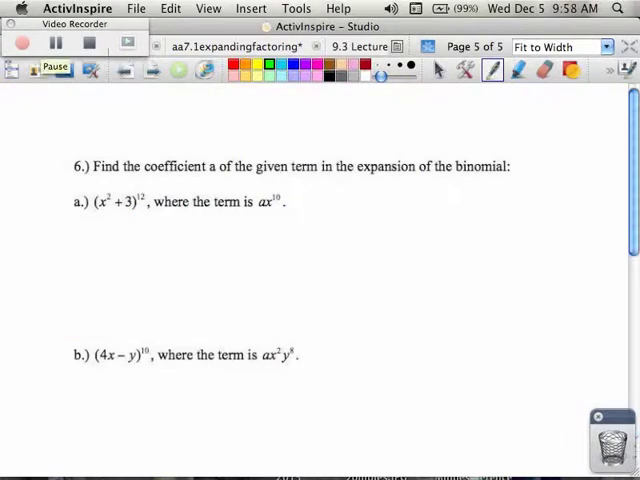And number 6, this is where understanding the binomial expansion is way more important than knowing how to FOIL. Because what you'll notice is the power on there is a 12. So in order to figure this out, you'd have to multiply that parentheses out 12